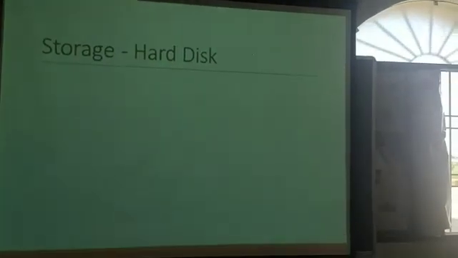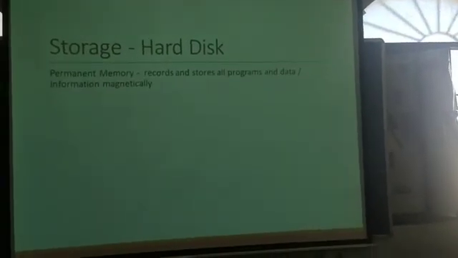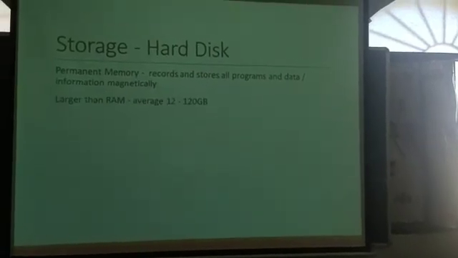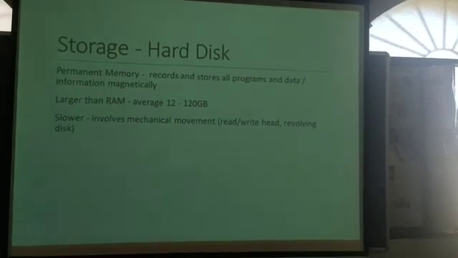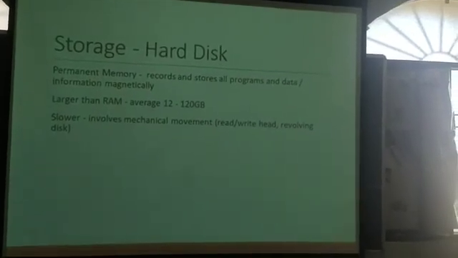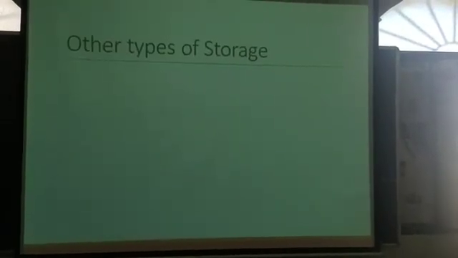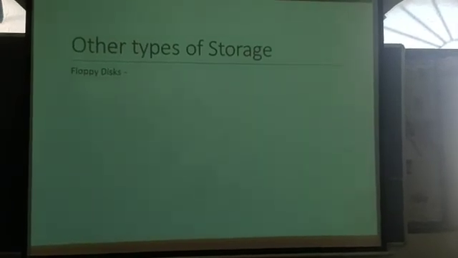Now the hard disk, a permanent storage device, stores all programs and data, and is larger than the RAM. Hard disk is slower than RAM. Other storage devices: floppy